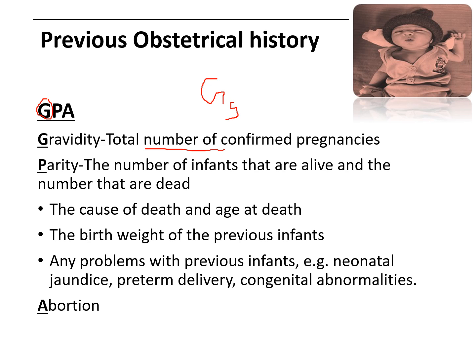G5. Then we have to ask about the parity, number of infants that are alive and dead, we have to write. So example, if mother is having 2 live baby and 2 expire, so we will write the 2 plus